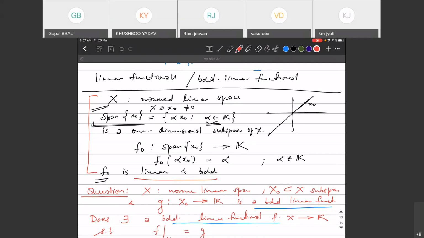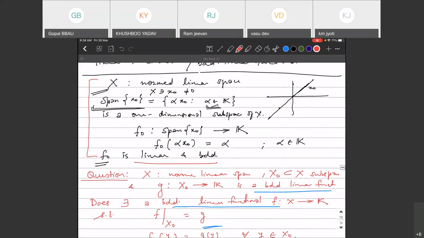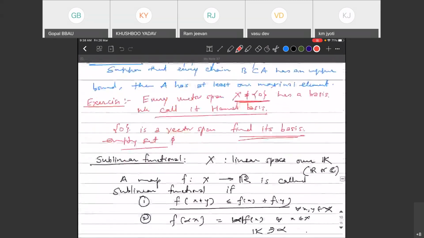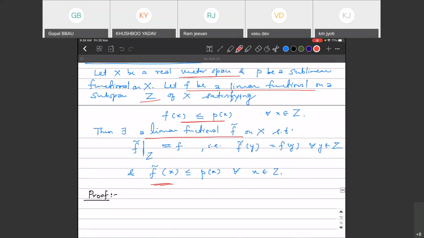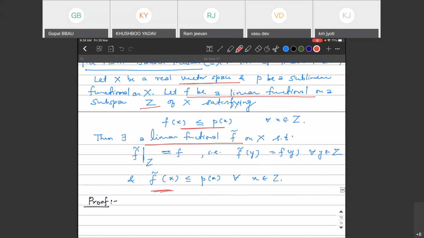कि अगर हम इसको एक्सटेंड कर पाएंगे पूरे एक्स में, होल एक्स में, तो मैं कह सकता हूँ कि एग्जिस्ट करता है। तो वही हम देख रहे हैं अब। ये एक छोटे से सब स्पेस में था, अब इसको पूरे नॉर्म्ड लीनियर स्पेस में, और यहाँ पर अभी हम केवल वेक्टर स्पेस की बात कर रहे हैं, बाद में हम नॉर्म्ड लीनियर स्पेस के लिए अलग से थ्योरम देखेंगे। ठीक है, एक सब स्पेस में हमें एक फंक्शनल गिवन था, हमने उसको एक्सटेंड कर दिया पूरे स्पेस में, ठीक है।